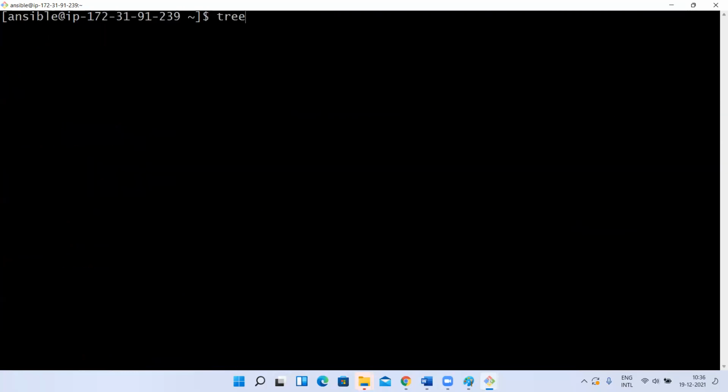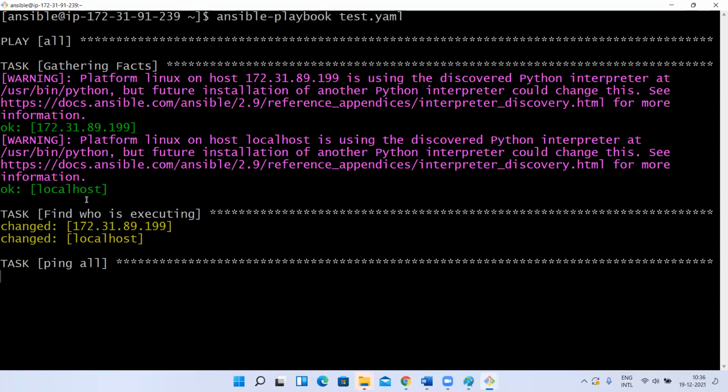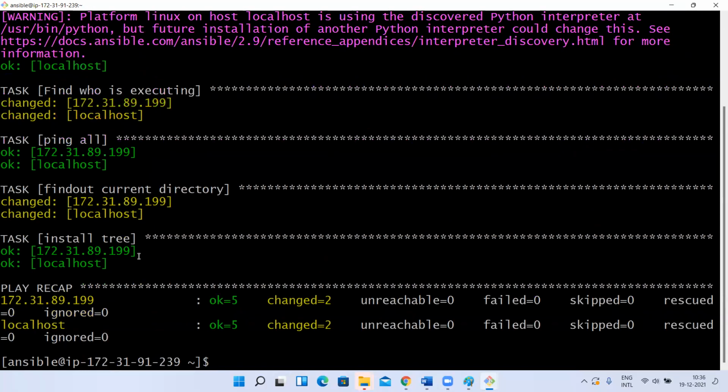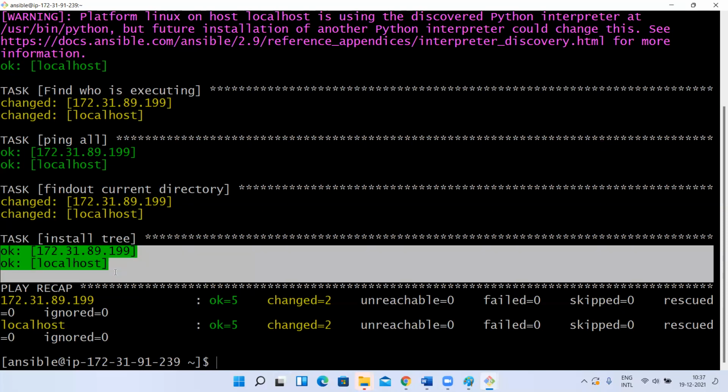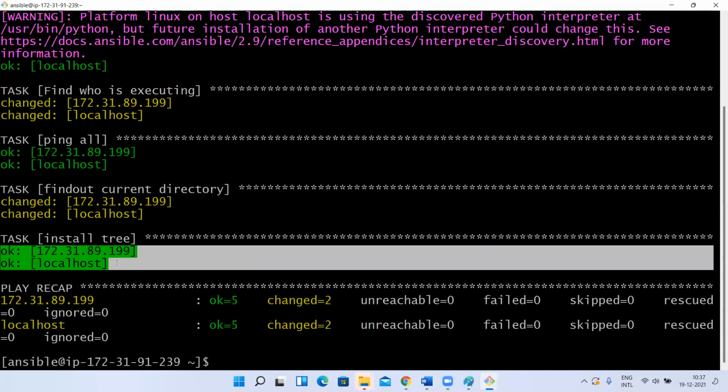Now you see, I'll run the same playbook once again. Forget about the other things, we'll discuss later. Now, is it showing us changed again for install tree? Yes, sir. No. Why? Because, as I said, Ansible is idempotent. It went there and checked the state, and in the playbook we have given state equal to present. It is already present, so there is nothing to do. It came out. It is saying, hey, it's already there. I haven't changed the state. The state is already present. You gave me state present, and it is already present. I came back. It's the same. That's understood.